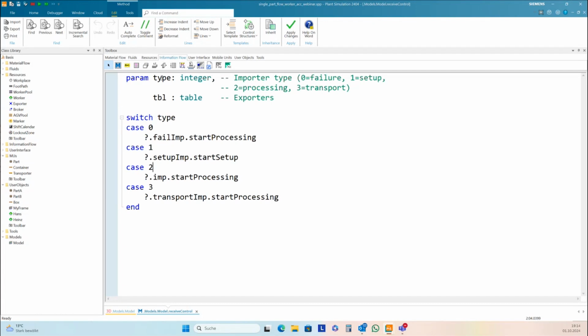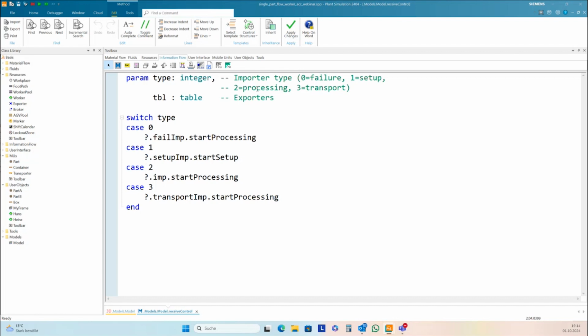We have here as parameters the importer type. We have four types: the failure importer, setup importer, the processing importer here, and the transport importer. And we only want to connect the worker here. It's the transport importer.